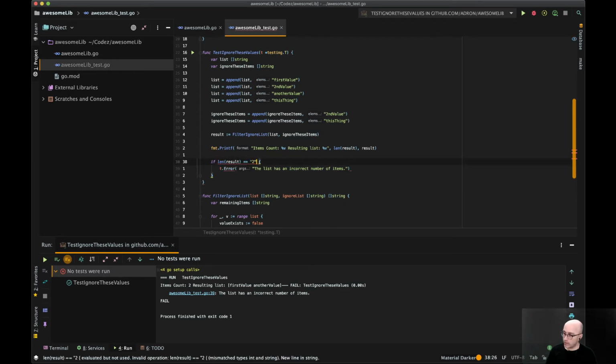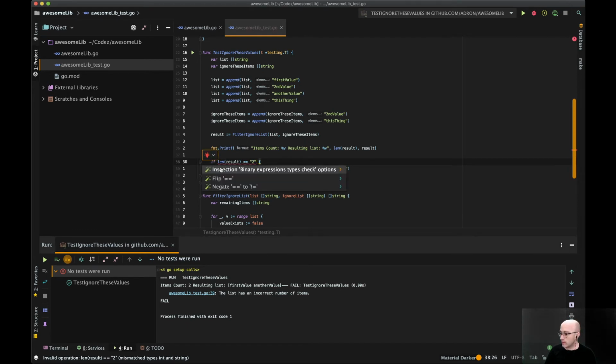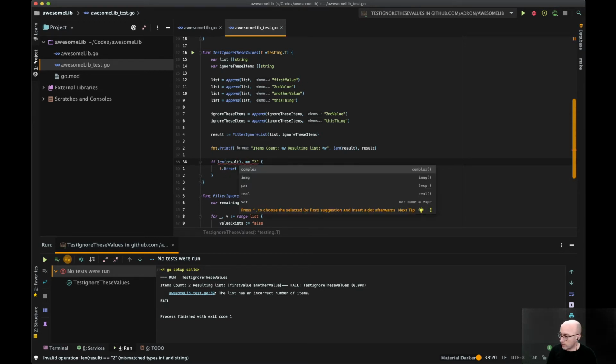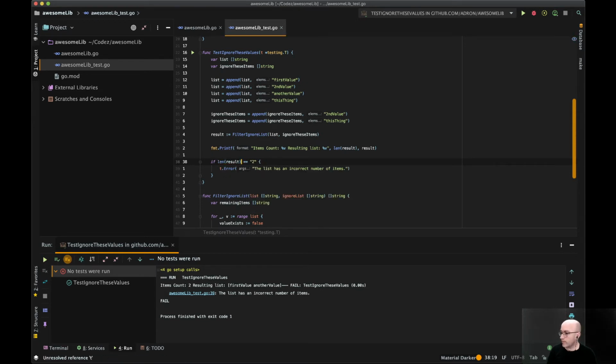Oh, maybe. Flip that. No, that's not right. Yeah, it is a number then. It is an int compared to an int. Of course, Go is a type safe language, right? So what is the deal? What is messing me up?